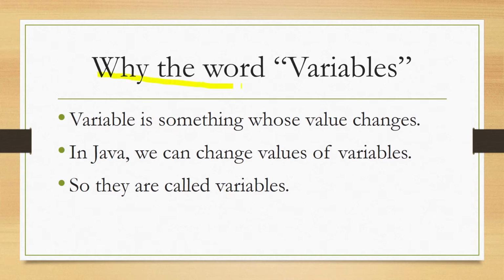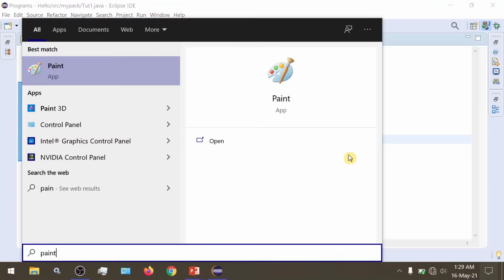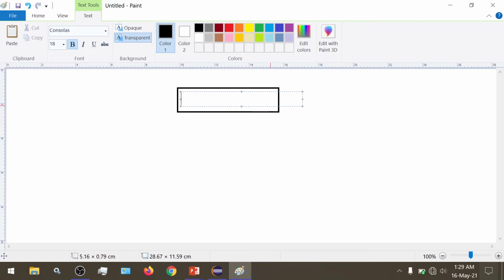So now let us understand why we use the word variables in Java. As we have seen earlier, a variable is something whose value changes. So in Java, we can change the value of variables. So let us understand this.